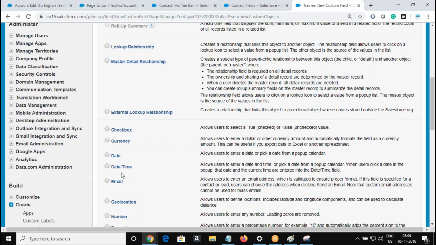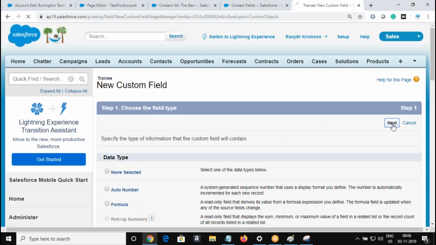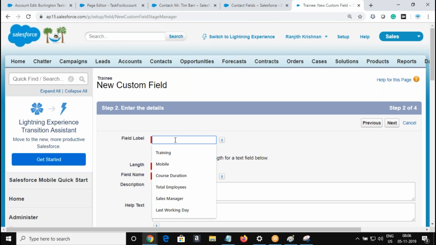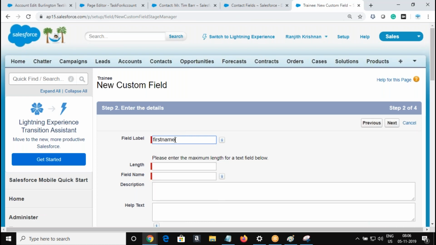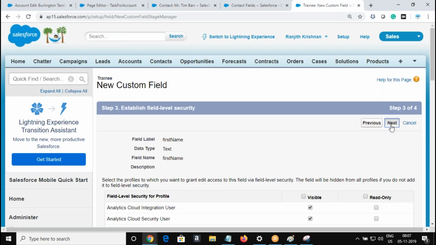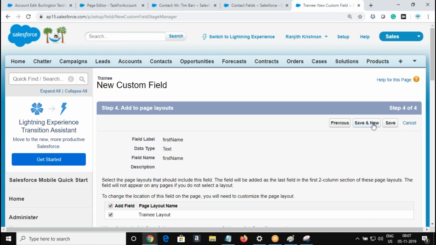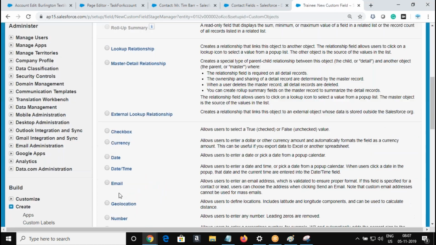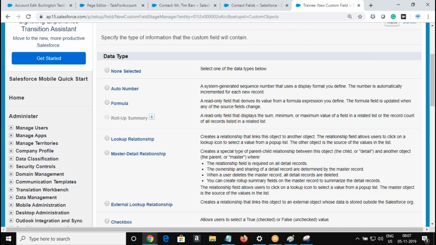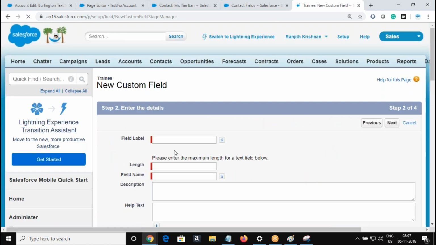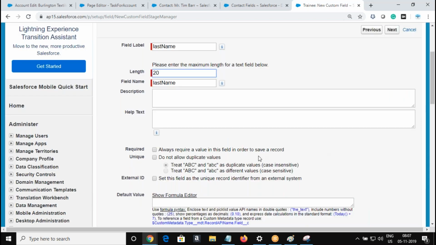First name, last name, text type. One more. Make it a record field.